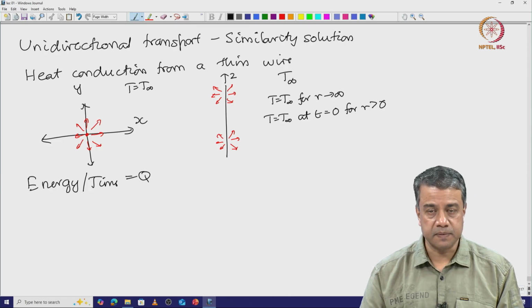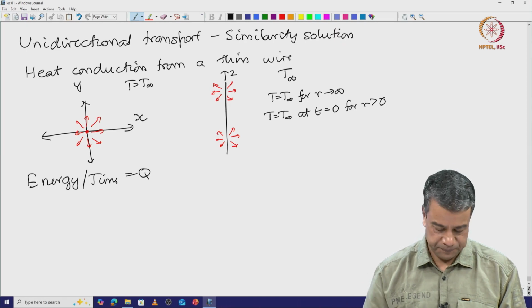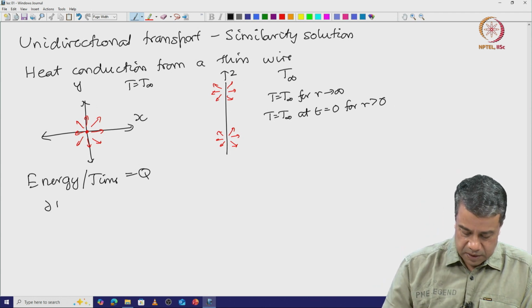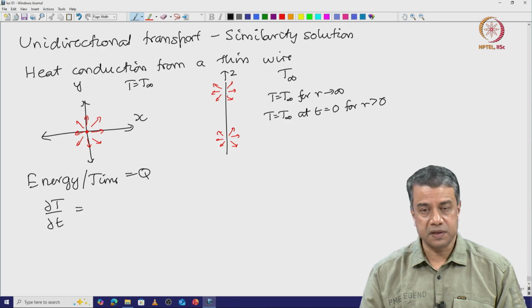So, now how do we solve this problem? The wire is of infinitesimal thickness, so there is no length scale associated with the wire itself. Okay. The conservation equation, partial T by partial t is equal to,